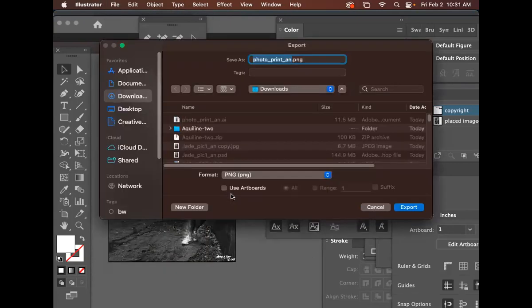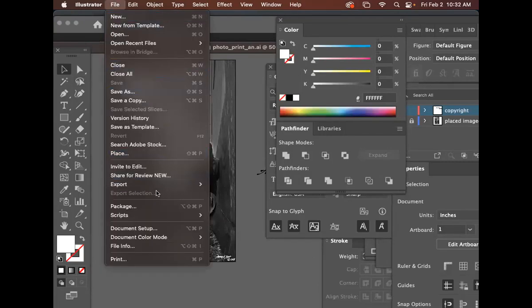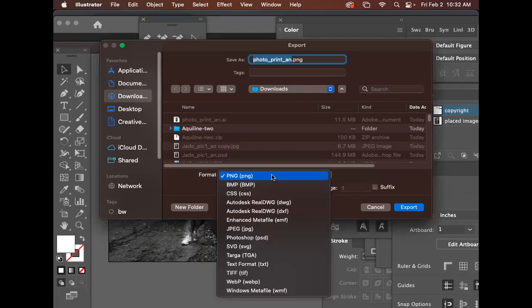Export as. You watching? Cancel. Let me start again. It'll be on the video. You ready? And just do a practice, even if you're not done, just so you can do it. It's not going to affect your Illustrator file. You ready? Okay. File, export as. Cool. Use artboards. You must use artboards because if not, it's going to include anything you have outside of the document area. Okay, use artboards, JPEG,